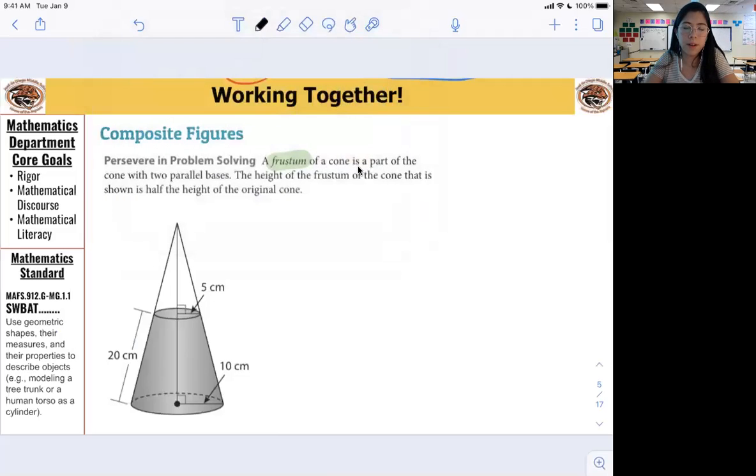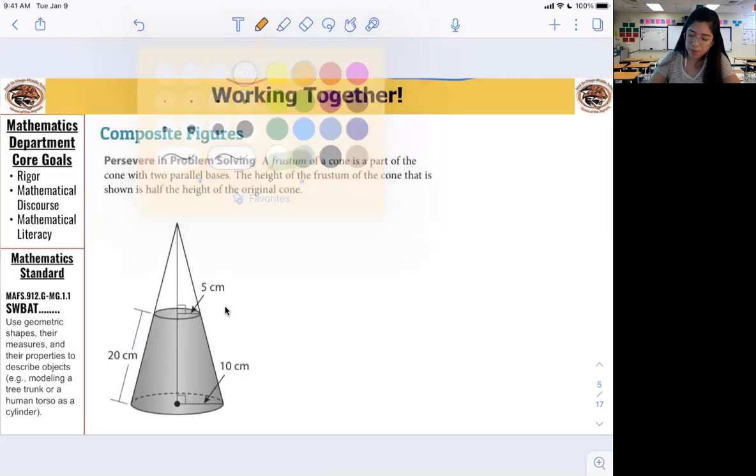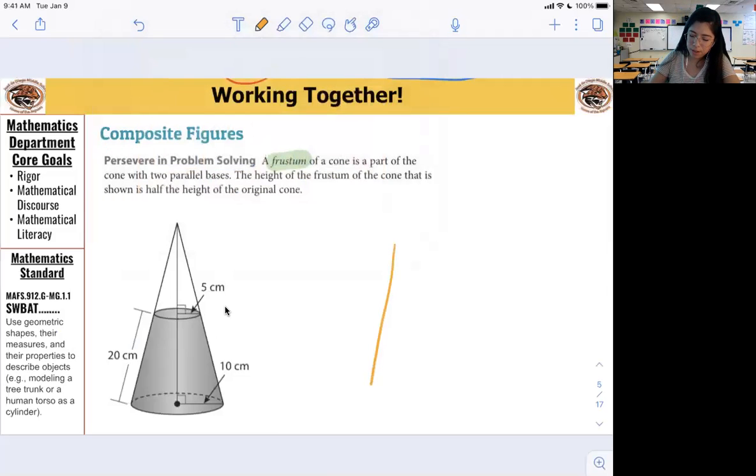So a frustrum of a cone is part of the cone with two parallel bases. So it's basically like a cone without the tippity top. If you guys can think of a traffic cone. Does a traffic cone actually have a tippity top? No, what happens at the top of a traffic cone? It's flat, right? It kind of has like a hole. So a traffic cone is actually not a cone. Technically,